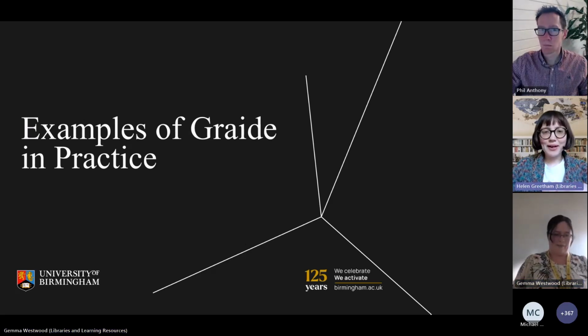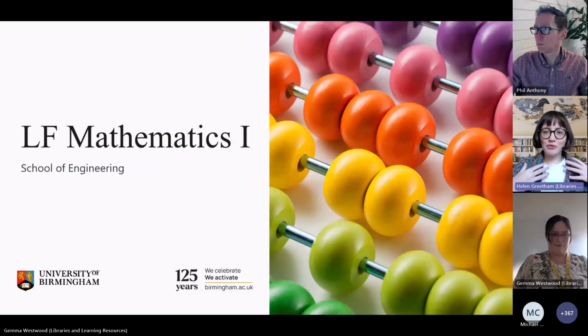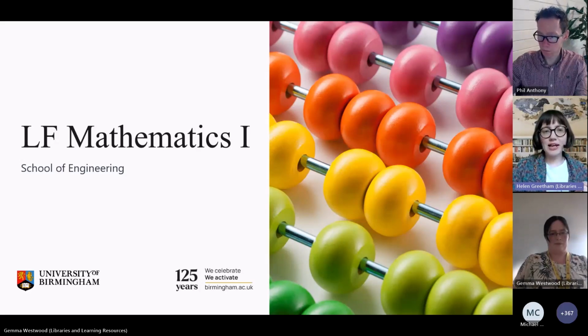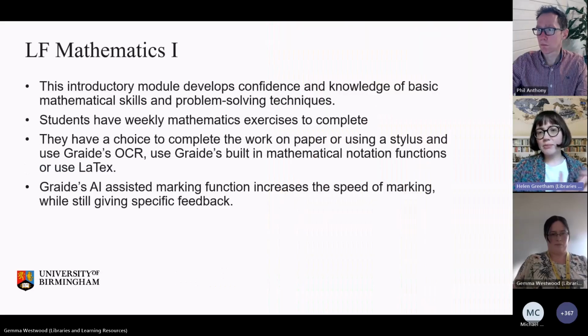Yeah, so the first example we've got is the classic, what Graide was designed for, which is maths. So this course, LF Mathematics, I've put their School of Engineering, but actually this course is used basically in lots of courses where students are required to know maths, but they're not mathematicians. So it probably comes up in things like physics and engineering. In terms of how Graide worked there,